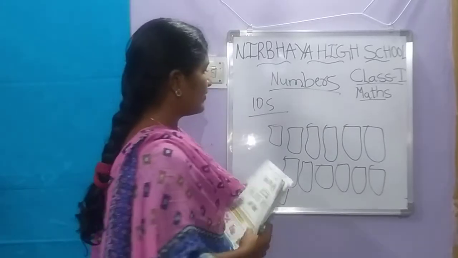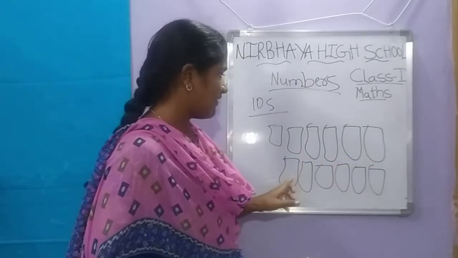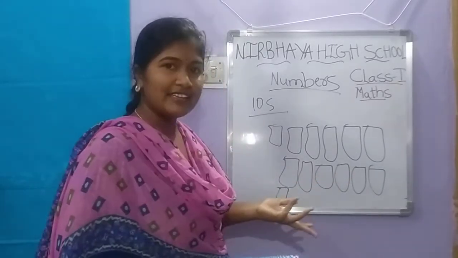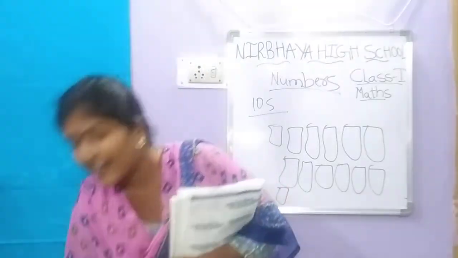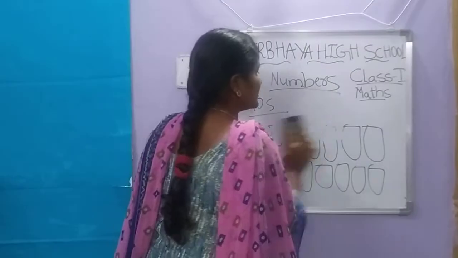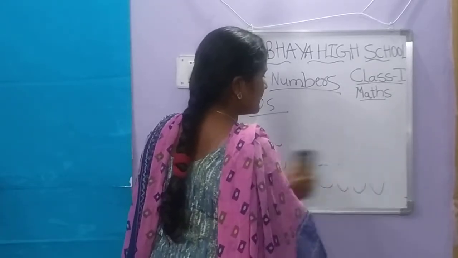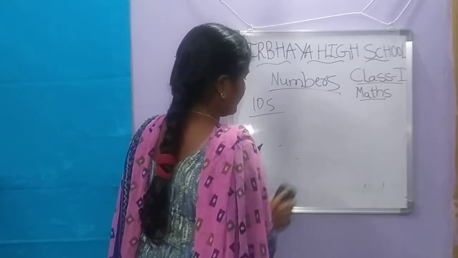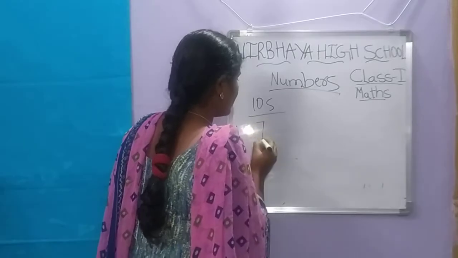Tell me. For example, you see 1, 2, 3, 4, 5, 6, 7, 8, 9, 10, 11, 12, 13. Like this we have to count. For example, if you divide these boxes as tens. What is a ten? We divide these boxes into a bundle, a bundle of tens. We divide these 13 boxes as a tens bundle.